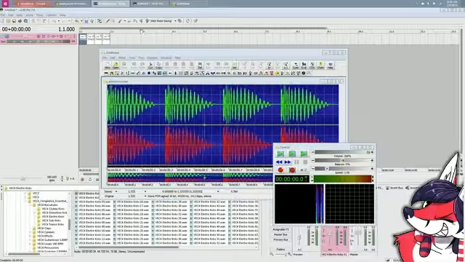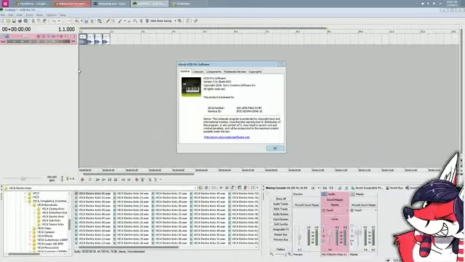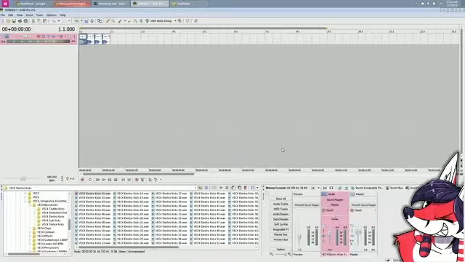What build do I have? I don't know, I haven't upgraded this in forever. 653. Yeah, 7.0 build 653, and I don't know what's happening on your end.